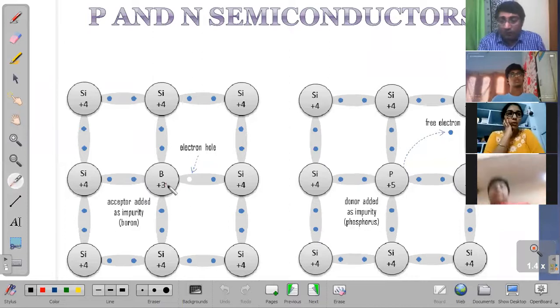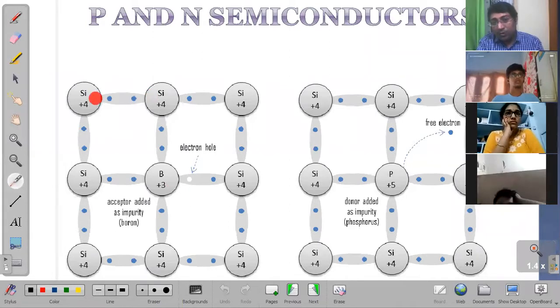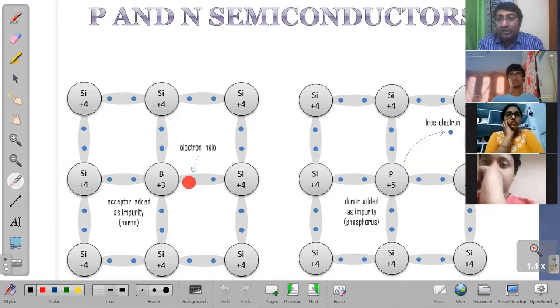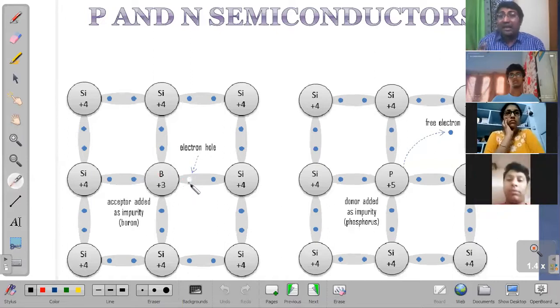Now, what we were trying to say is silicon makes 4 bonds, but if you add an impurity which could make only 3 bonds, there is a hole over here. What a hole means is simple. Lack of an electron itself is called a hole. Since electrons are negatively charged, we can say holes are positively charged. Lack of negative, we are calling it positive. So in the huge silicon structure, if there are lots of borons, lots of holes will be there. These holes are actually the charge carriers.